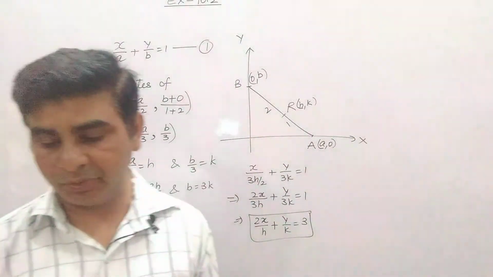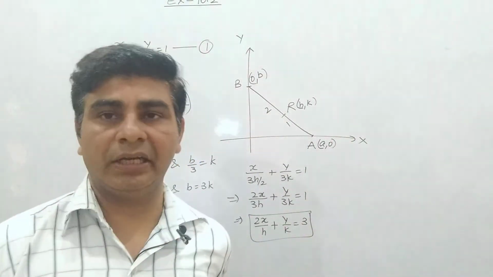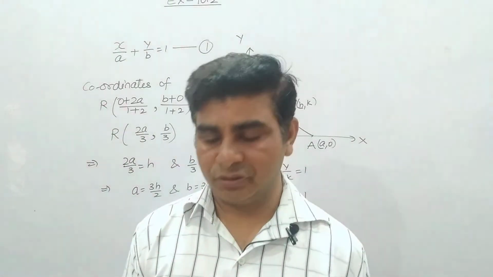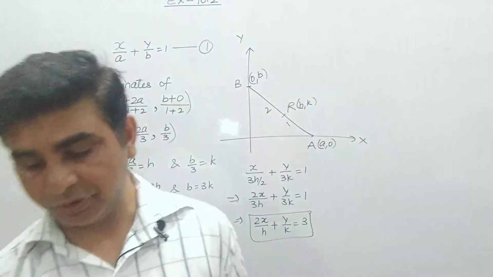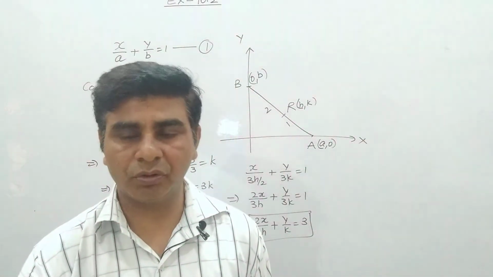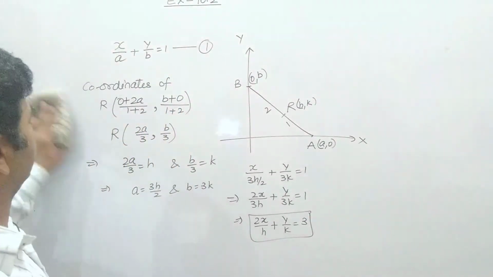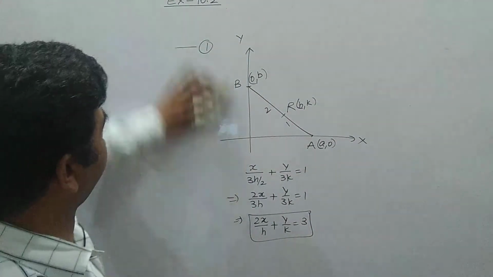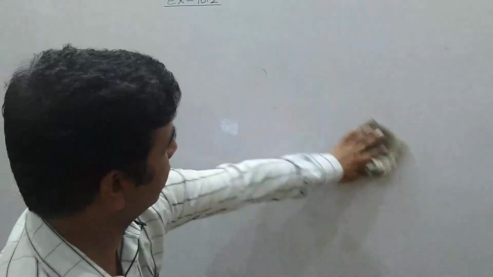So this is your question number 19, and the last question of your exercise. Let's do question number 20. Let's read out question number 20. It states that by using the concept of the equation of a line, we need to prove that the 3 points (3, 0), (-2, -2) and (8, 2) are collinear.